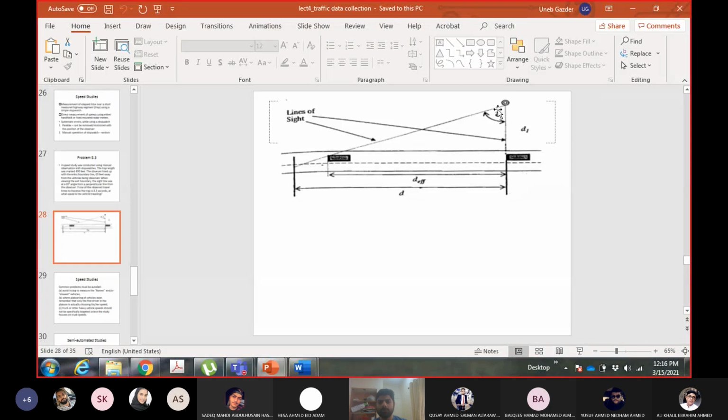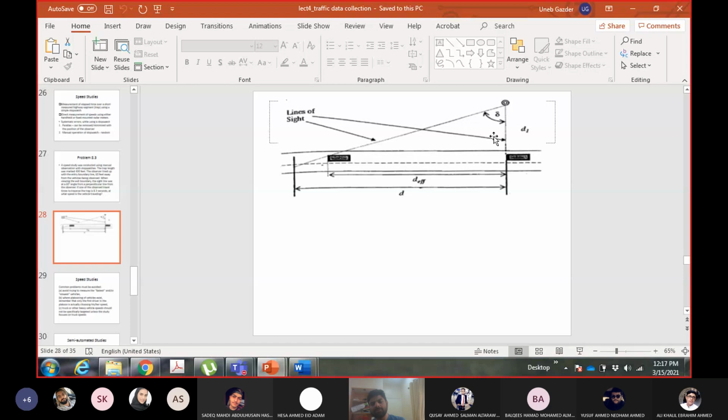One more thing which you can do is have two observers, one in line with the entry point, one in line with the exit point. So both these observers will be looking at the vehicle exactly in a straight line, so their lines of sight will not be tilted. This observer will record when the car reached the entry point, this observer will record when the car reached the exit point, and then you find out the difference of their time, and you find out the speed using distance upon time, the actual distance.